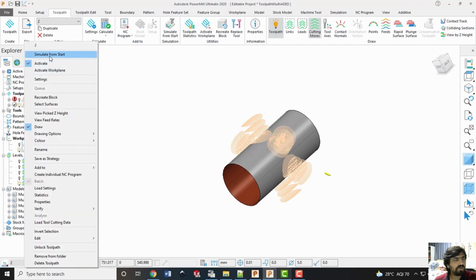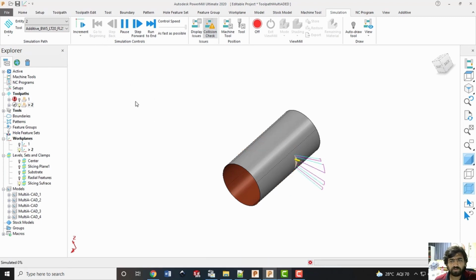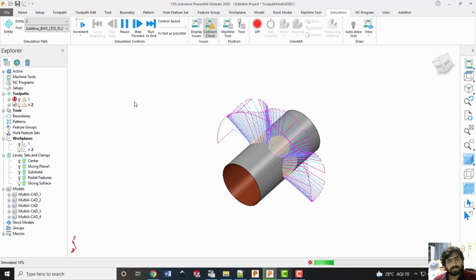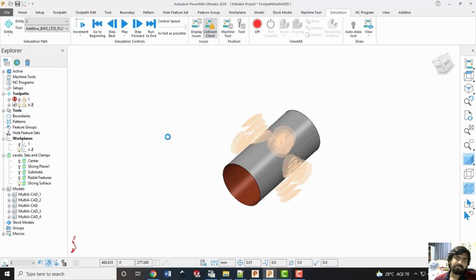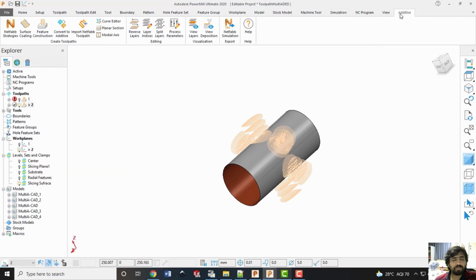If I do now the simulation from the start, you can see how it is going to deposit the material. We can also have a look at the volumetric simulation of the same.